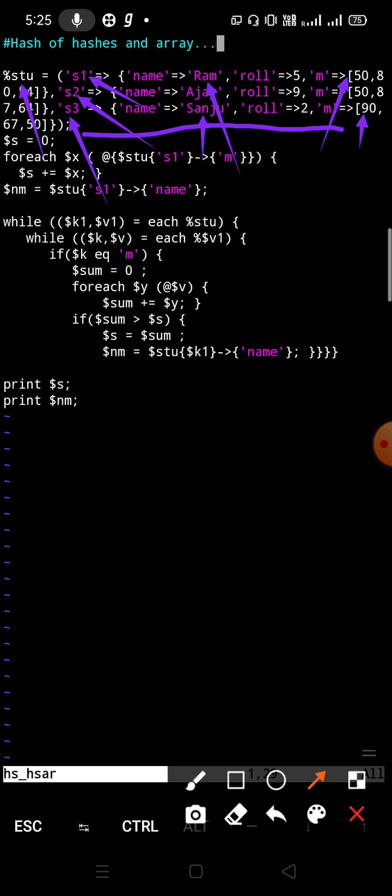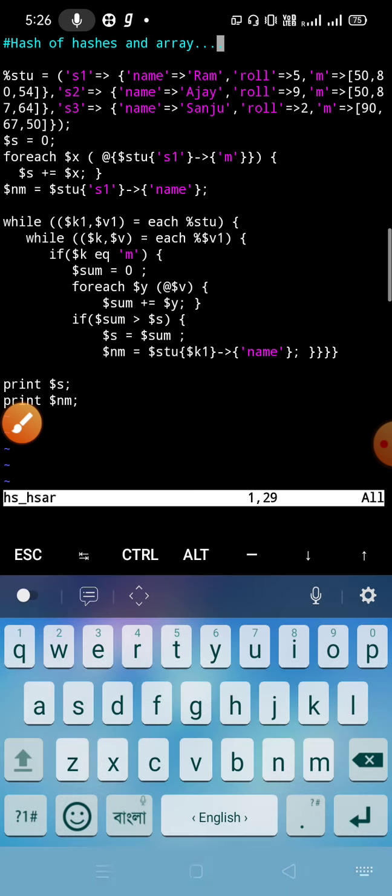So our task is, we have to find out the sum of marks of every student, and find out the maximum marks and who is getting the maximum marks. That is our task. Okay, as you know, each hash contains a key and a value.